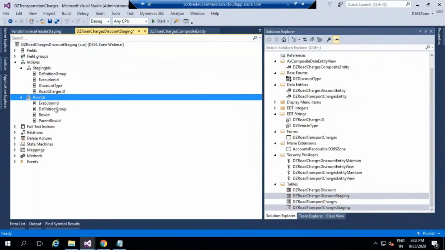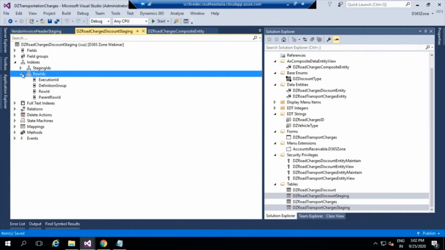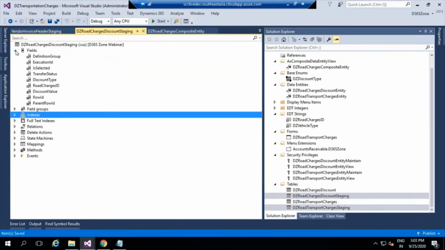I'm copy pasting because these are not related to anything with the current table. So I can just go ahead and directly copy paste from the original tables. Okay, that's what I've done now. So this is done. I think we have completed almost all the steps for having the composite entities done.